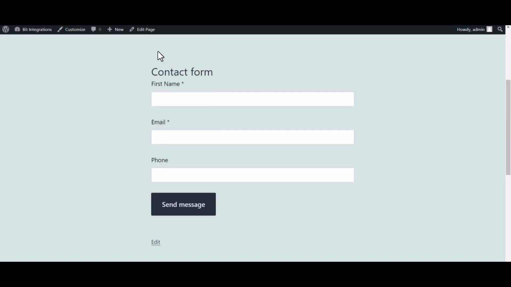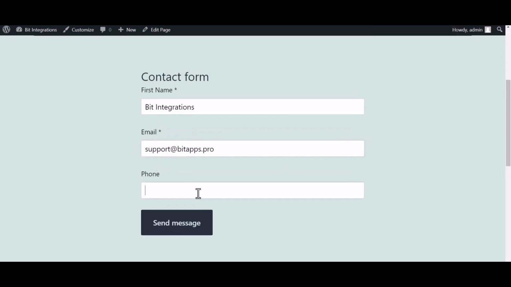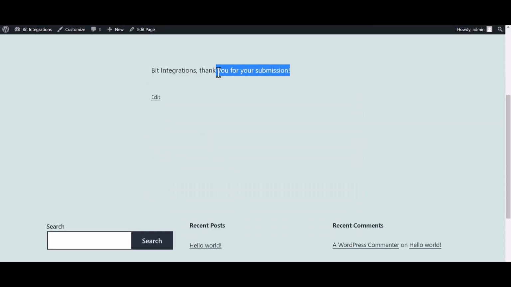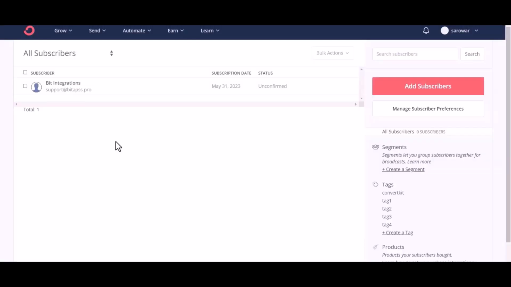Go to the CalderaForms and fill in the form. Submit it. Form submitted successfully. Now go to the ConvertKit site. And you can see the data came